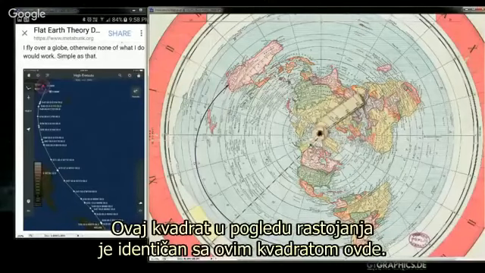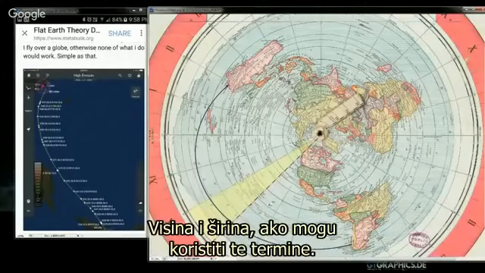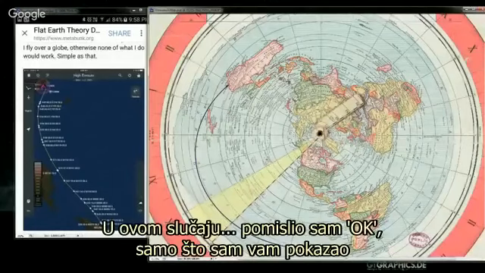This square in terms of distance is identical to this square right here in terms of distance. So I went ahead and created the squares to show you each of these squares right here are all the same distance, height and width, if I can use those terms. All right. So with that being the case, I thought, okay, I just showed you